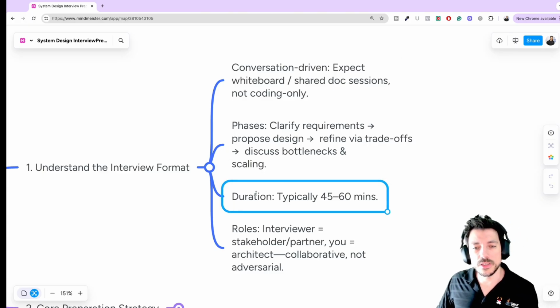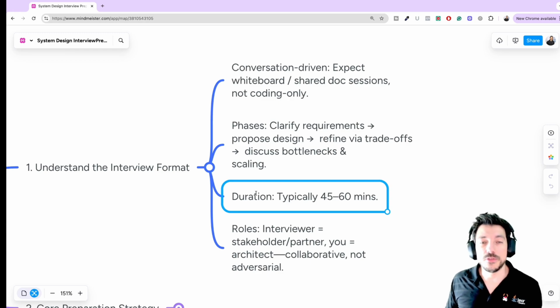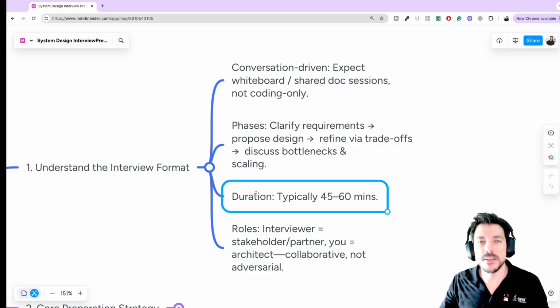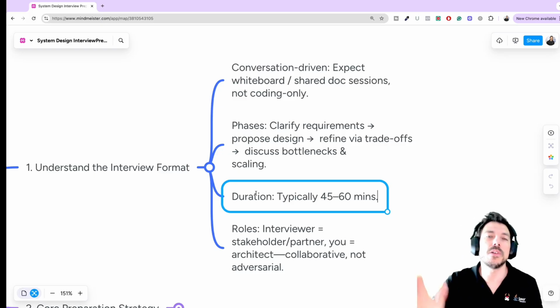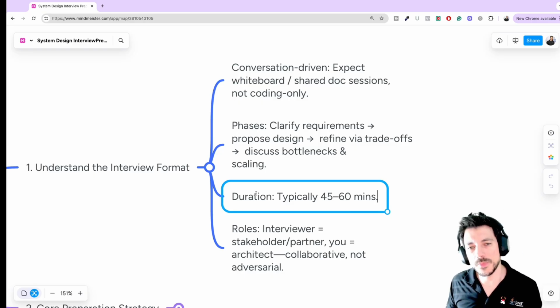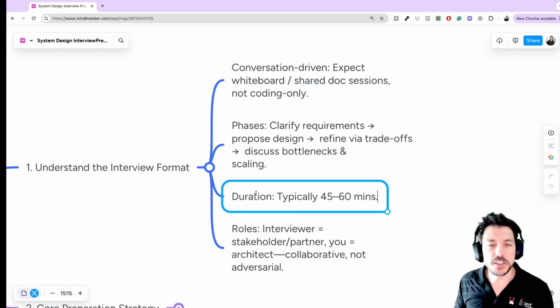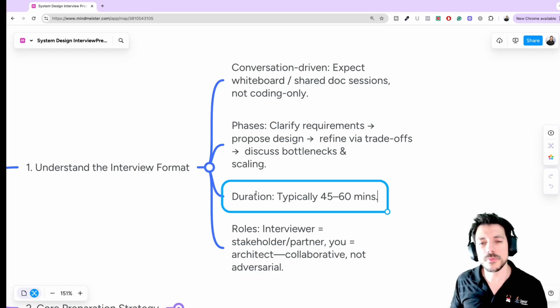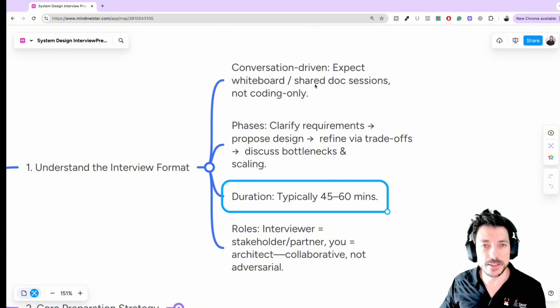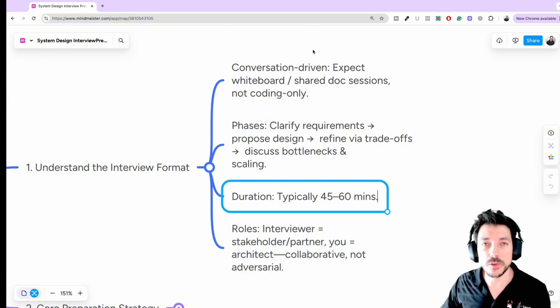The duration of this interview is usually from 45 minutes to 60 minutes. So it's very quick, right? You have to design a whole system in 45 or 60 minutes. And most of the times on those interviews, it's a very vague statement. They're going to say, hey, design Instagram. Then it's up to you to ask the right questions and talk about how many users they are expecting for Instagram, and you're going to have to basically collect all the requirements, the functional and non-functional requirements.